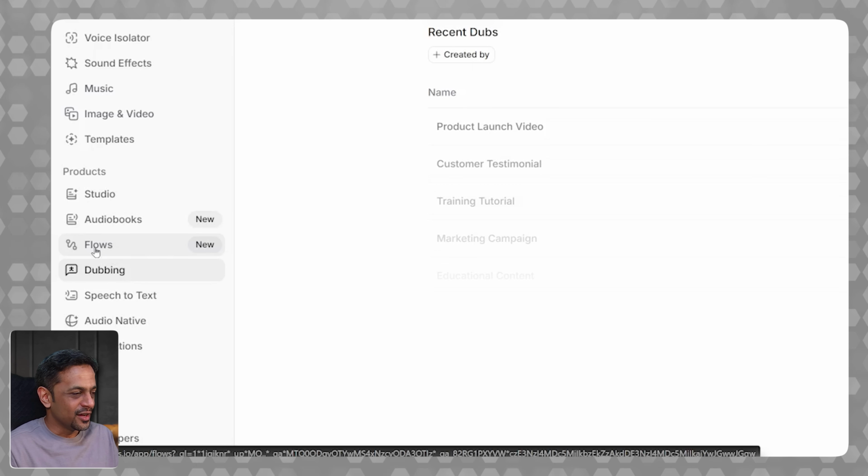ElevenLabs watermark. And also we actually checked that box, right,